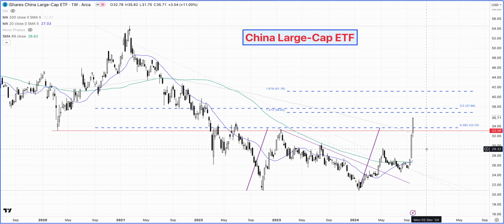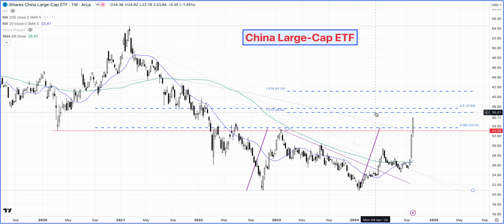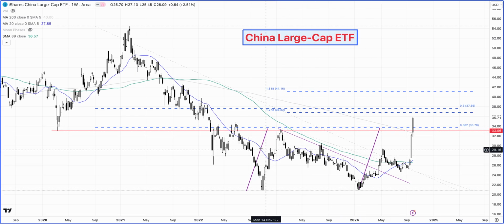Now, by the looks of it, this is where we have a shorter term target. We can see between 36.81 and 37.66, because that's the 1.272 expansion of this range. This market had been in a pretty big range since January 2023, and the bottom came in pretty much after 1 year, on the 22nd of January 2024, as if someone is timing all of this.